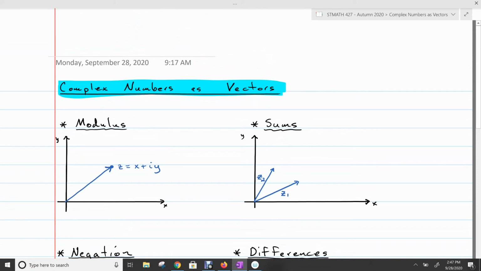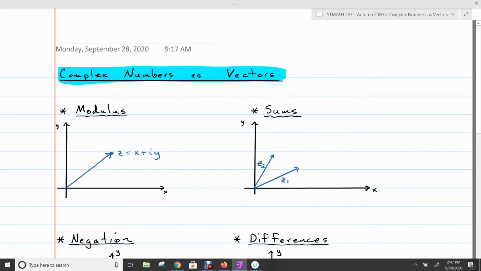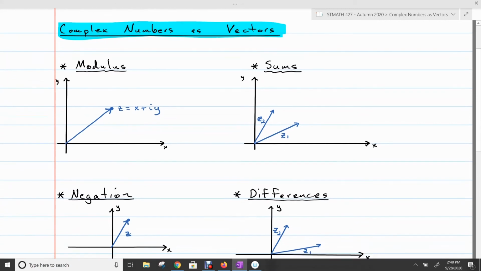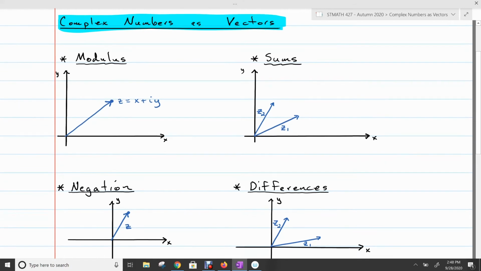The topic for today is complex numbers as vectors. So it turns out to be helpful sometimes to be able to visualize what's going on with complex numbers. And so it turns out we can represent complex numbers as vectors in a really nice way, which gives us a way to think about complex numbers geometrically, which is sometimes helpful. Although, admittedly, we're going to spend most of this class focusing more on analytic and algebraic properties of complex numbers, but every once in a while you can get some intuition from thinking of things this way, so it's worth